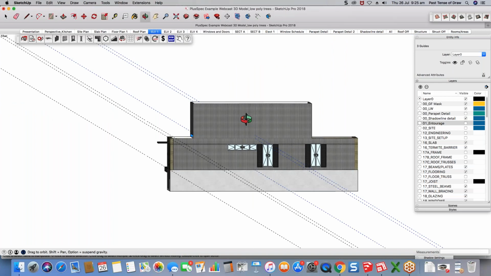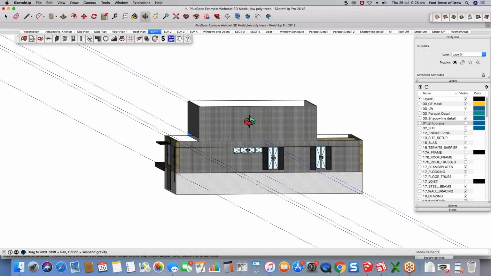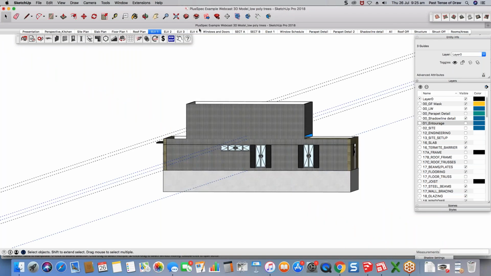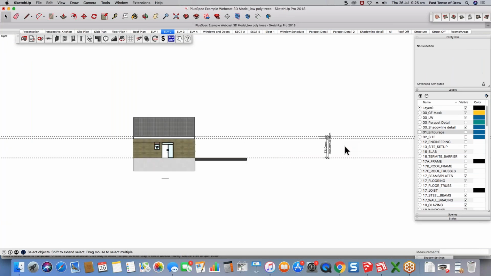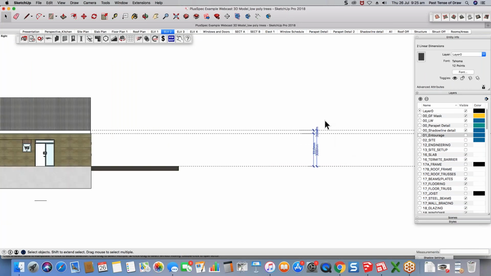It's because I'm in the wrong one. So let's go into, for example, elevation 2. Okay, there we go. You can see here in this one, I've got the basis of my guides. If I go out far enough, you'll see that I've even got my dimensioning here. So if you really wanted to, you can even play around and you can move your dimensioning, or I can